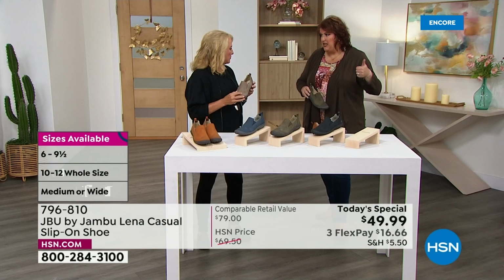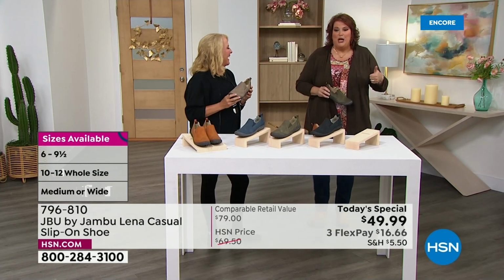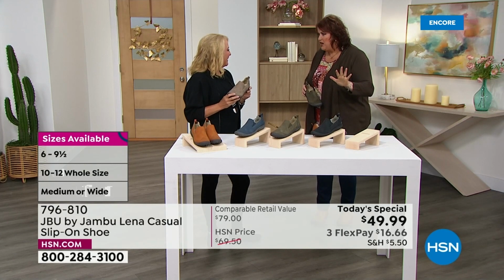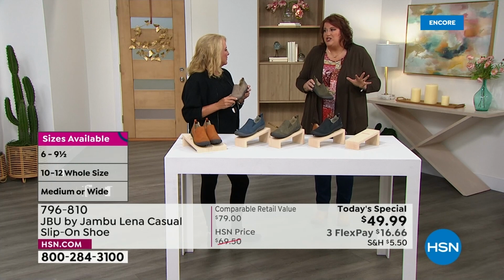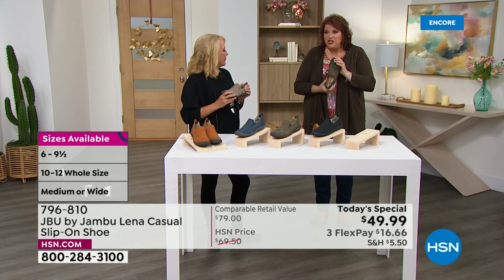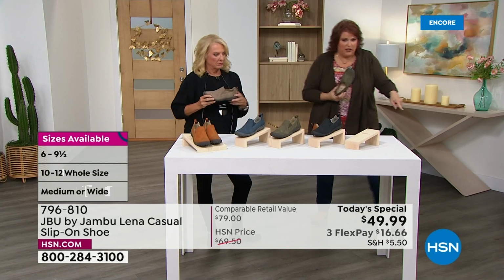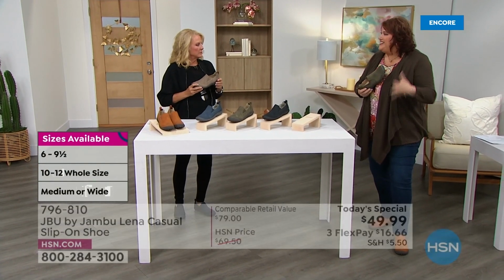Okay. Debbie Denman and I, thumbs up. We both wear the same size. We fight over the same shoe. But if you have a larger size, can I talk about this for just a second? Sometimes when you have a larger size, you're very conscientious that you don't want your foot to look bigger, right? This is a shoe, and if I can, guys, can I step out just a little bit to the side here? Because this is a shoe that really does not make your foot...